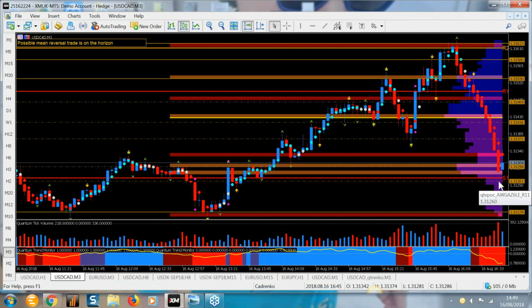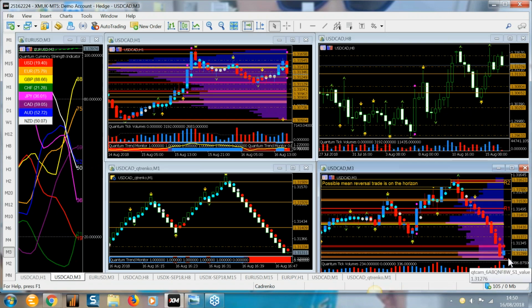Now, that's what I've seen on the slower time frame. Does that mean this is not going to carry on lower? No, it's simply a heads up. And where this price is looking to go to is the S1 here, which is at 31.26. So I'm in this downtrend. I see volatility coming in on my slower time frame. I can now